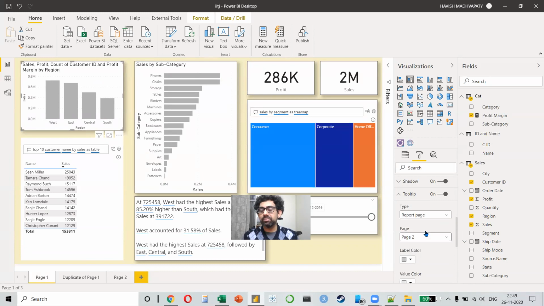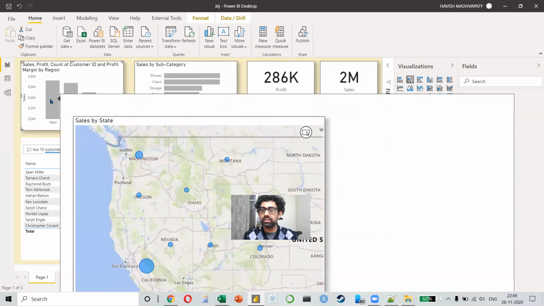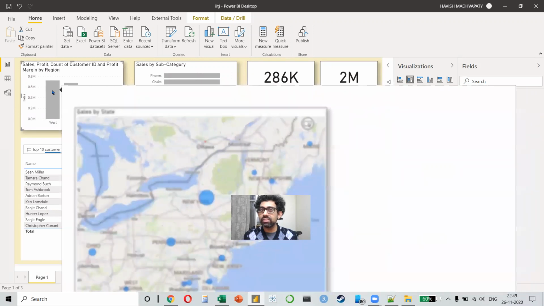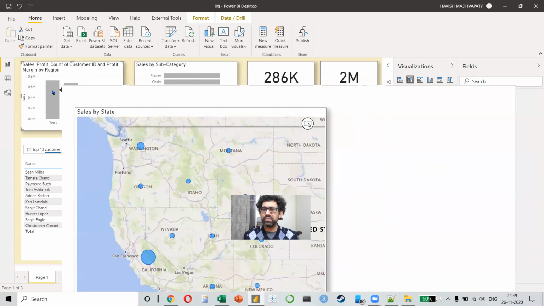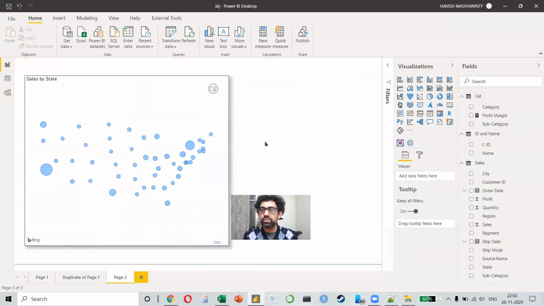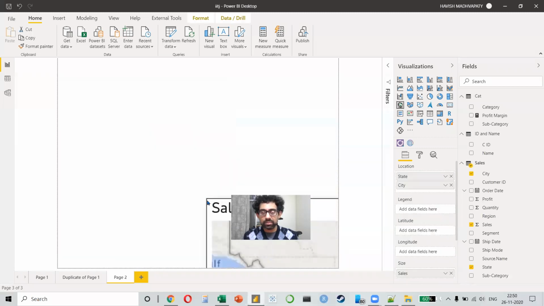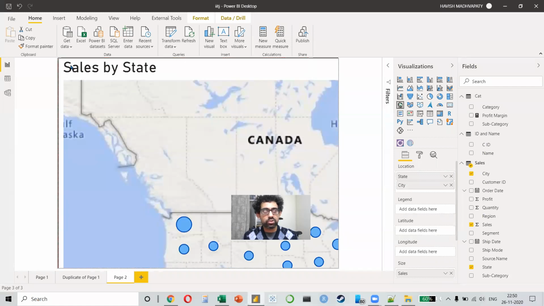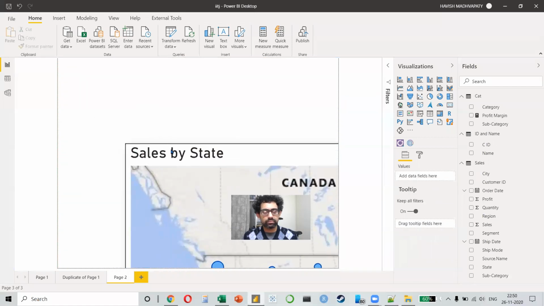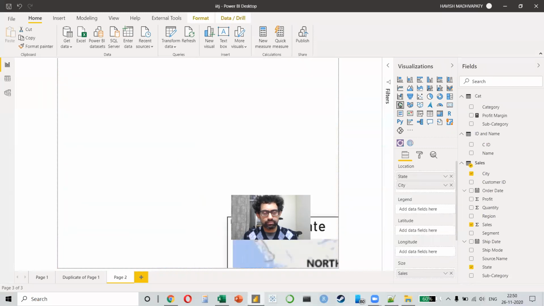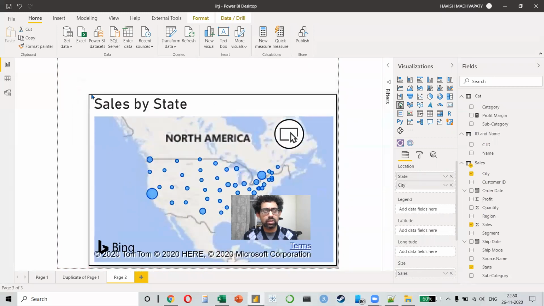What do you expect will happen? When I take my mouse over any one of these regions, it will actually show me the entire map like this. Very cool, right? The only thing remaining is that this tooltip is very large in size. So we want to reduce the size of that page. Let's go to page number 2, and in the page format, we will reduce the page size to a tooltip or any custom size you want. So I'm making it smaller so that we only show this. Much better.